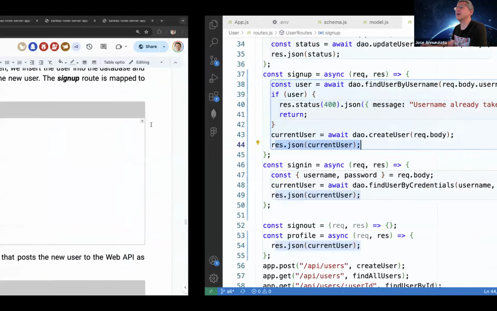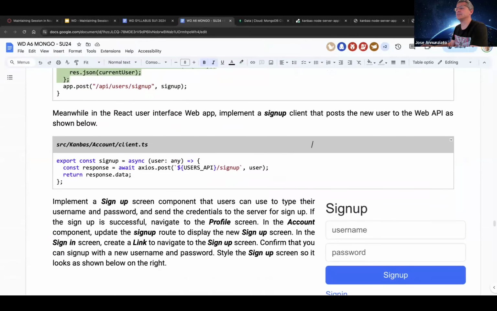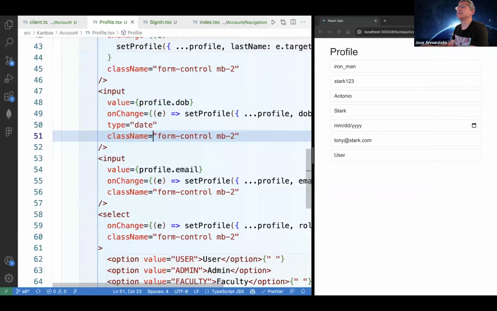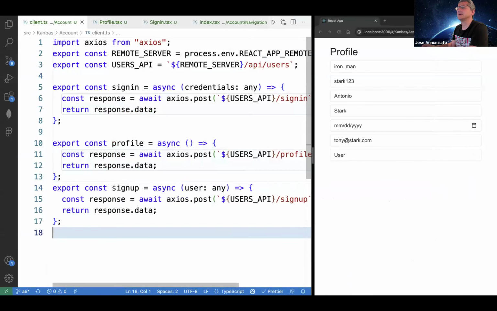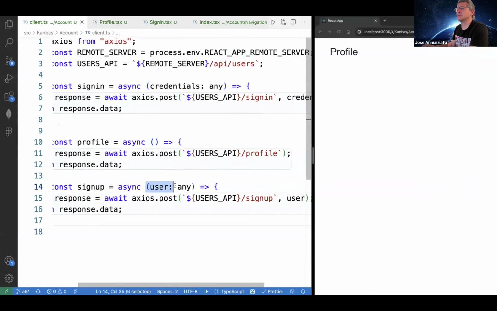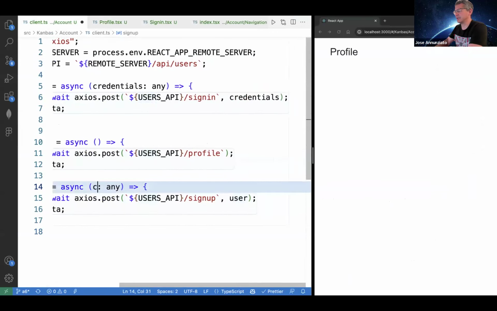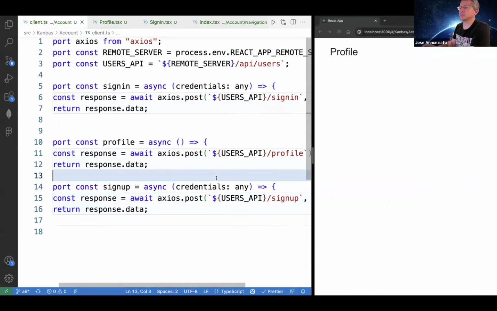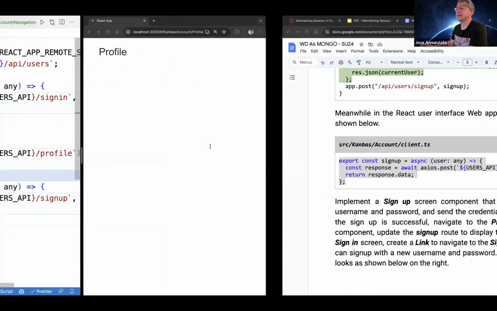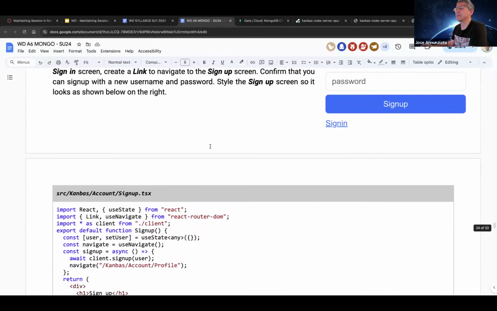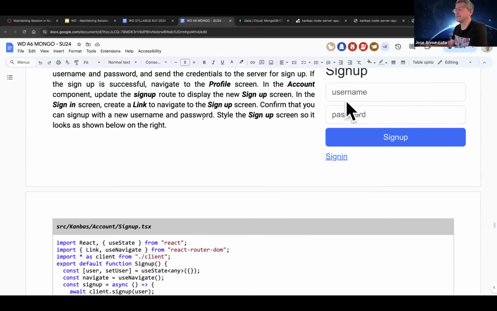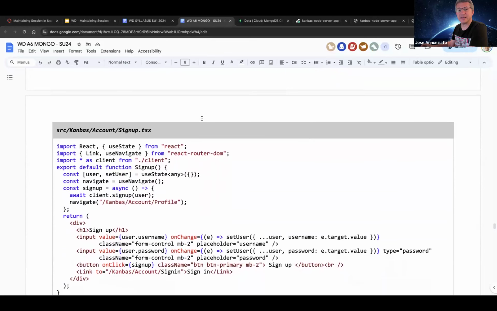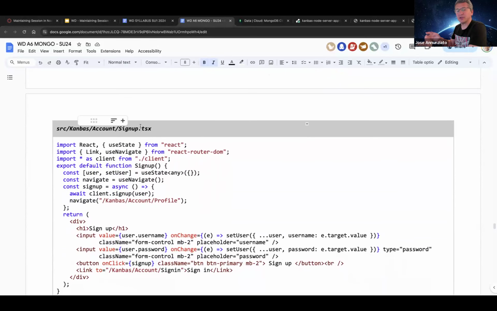So now back on the client, I'm going to implement a signup in the client here. That is going to post the user credentials. I think that'd be a better name for this, credentials. Well, but anyway, it includes a username and password. And then we'll implement an input form, very much like the sign-in form. It looks almost identical, where you can type in your username and password. So let's do that. Let's implement